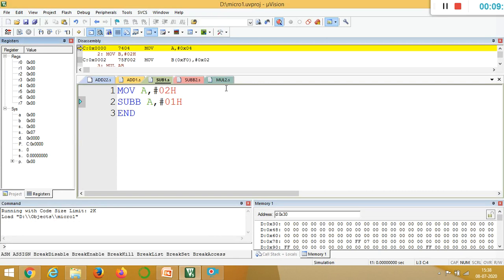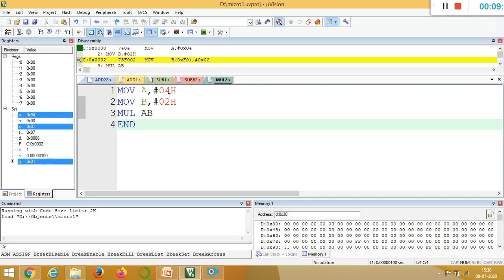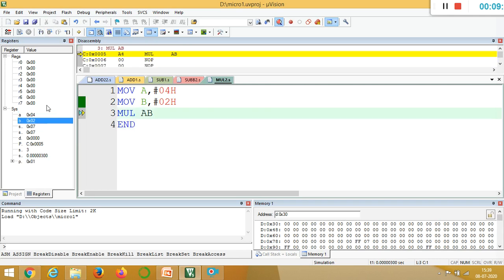Okay. So here the multiplication is using the first way, that is, the values are already declared in the instruction itself. Now I will go for direct execution. So once I execute, you can see the A value is loaded with 4. Next I execute, B value is loaded with 2. Okay. Then A into 2 is nothing but 8. 8 is going to be stored in which register? That is A register. So when you multiply, the values will be in terms of 16 bit. So in that, the lower byte is going to be stored in accumulator and the higher byte is going to be stored in B register. Okay.